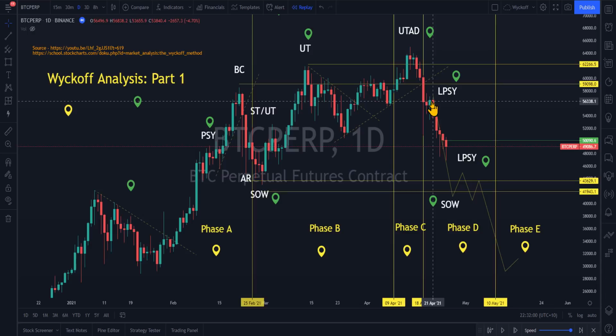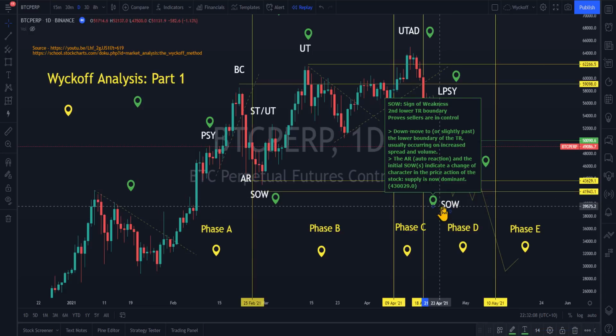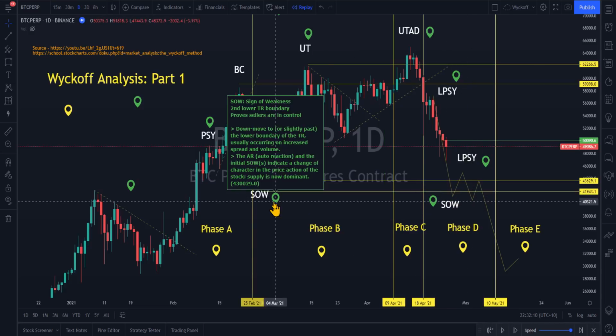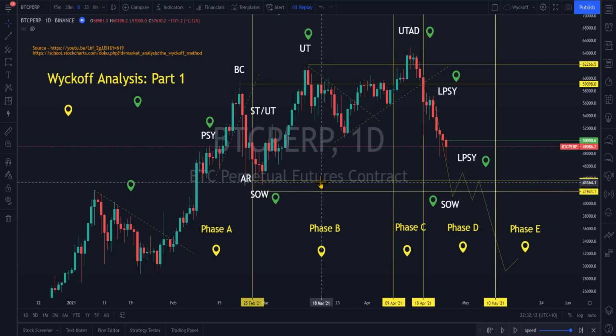Now, what the YouTuber said, he believed price would come down, collapse, test this SOW. What's a SOW again? It's a sign of weakness. It's the bottom of the boundary of the trading range. You see two bands here? This is really good for you to know. Trading ranges are very important. He believed it would come down, test it, try to get above it, fake out, get below it at a lower level, try at a lower level, which shows compression in price, and then just break down.